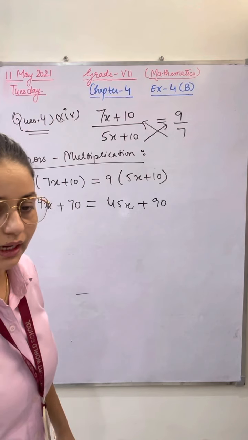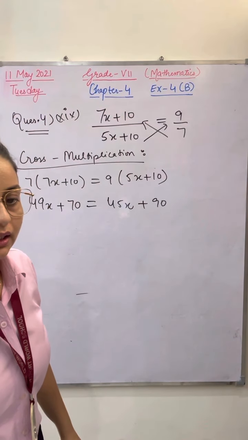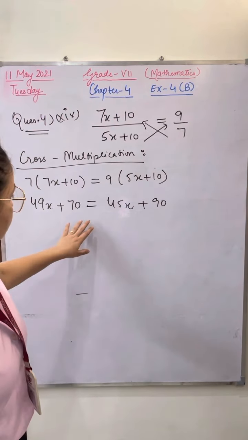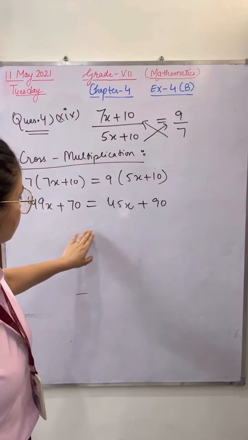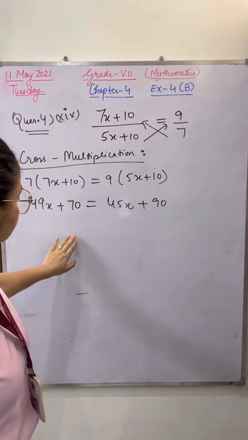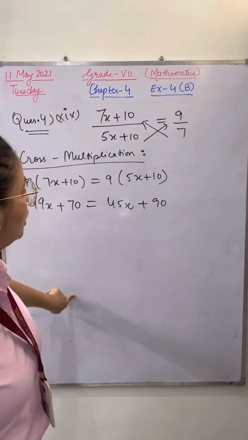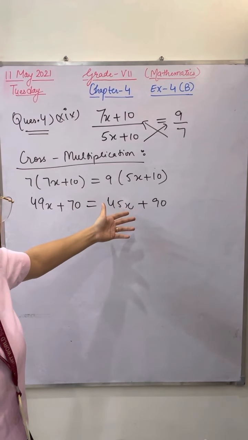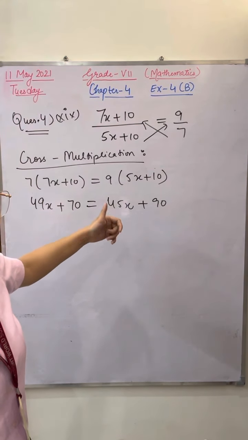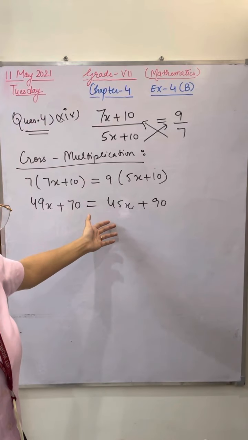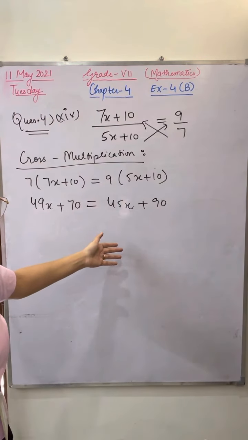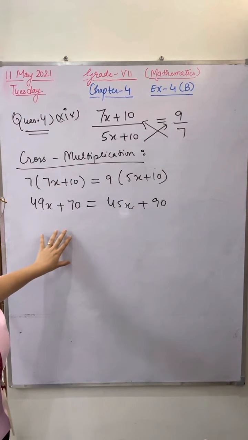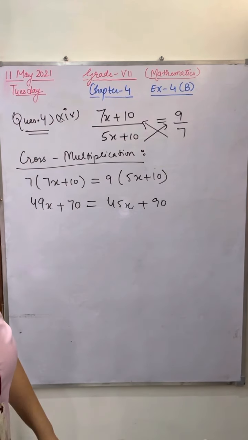What doubt do you have? Ma'am, can we do these sums with the method given in the examples in the book? Our question has 2 to 3 methods, sometimes more than 5 methods, to solve. You can apply any method which is easy for you. But I don't think this method is complicated for you. I have learned the method given in the book, so can we do that also? You can do that also.